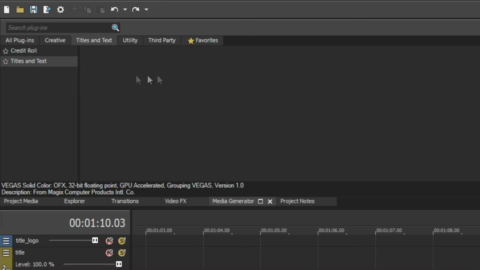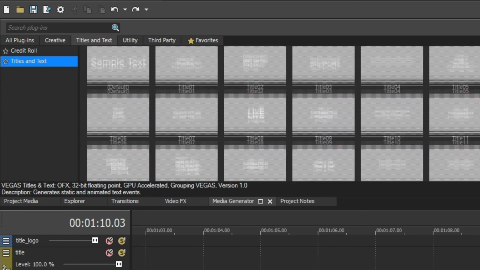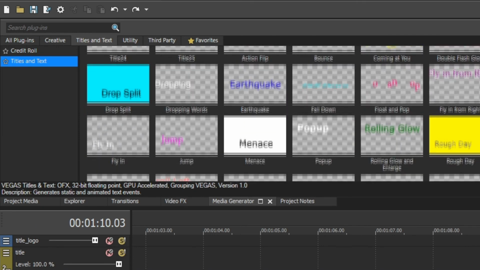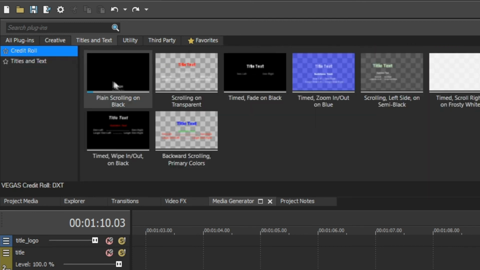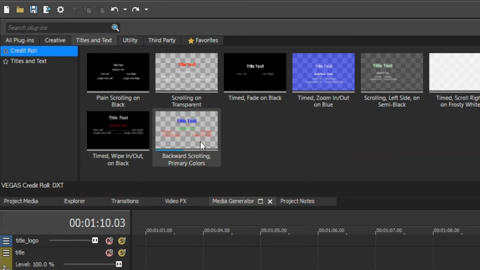Next is probably one of the most useful things Vegas can offer you, and that's titles and texts. This is the most versatile tool because text can be used in many ways, such as opening titles, title sequences, credit rolls, or subtitles, or just for emphasis. It's any and all words you need. Same as all the other media offered in the generator, Vegas offers many text preset effects or animations that can be previewed when you hover your mouse cursor over it. We'll talk more about the media generator in Unit 15 as well.